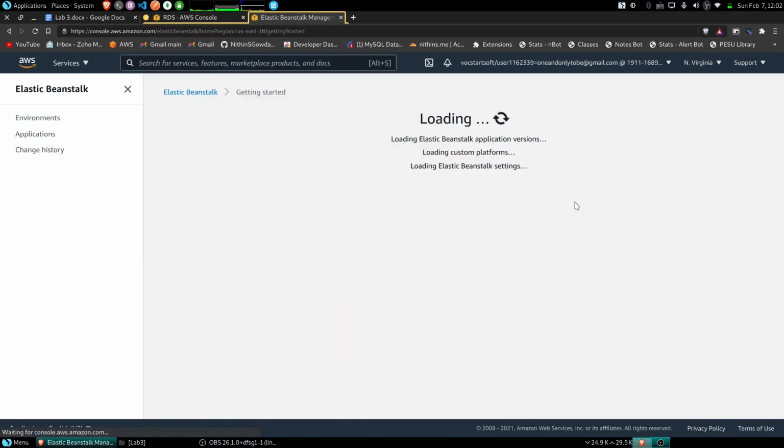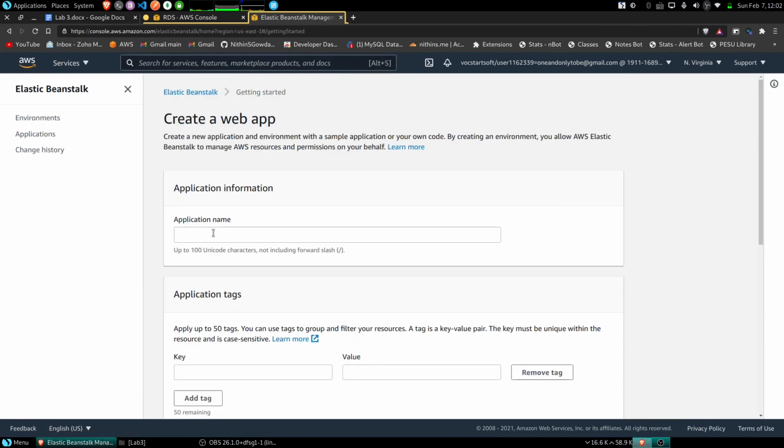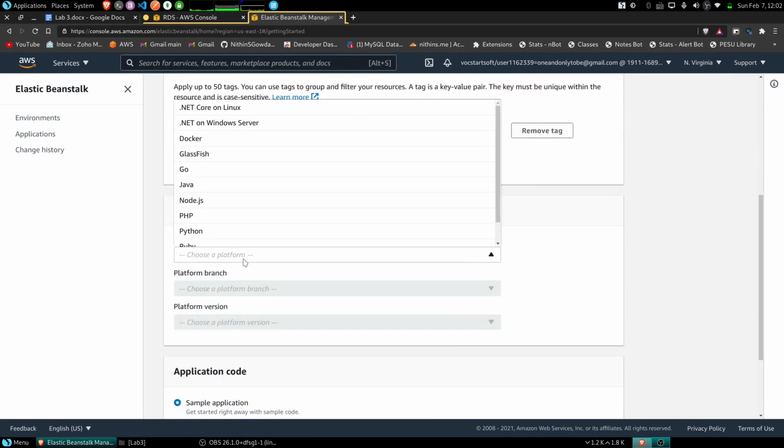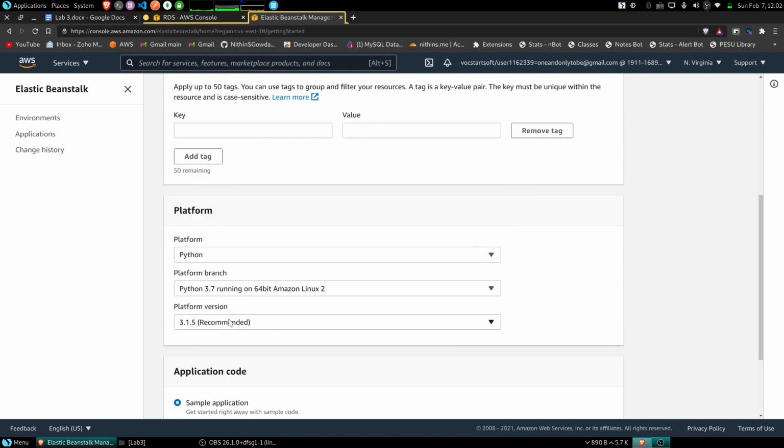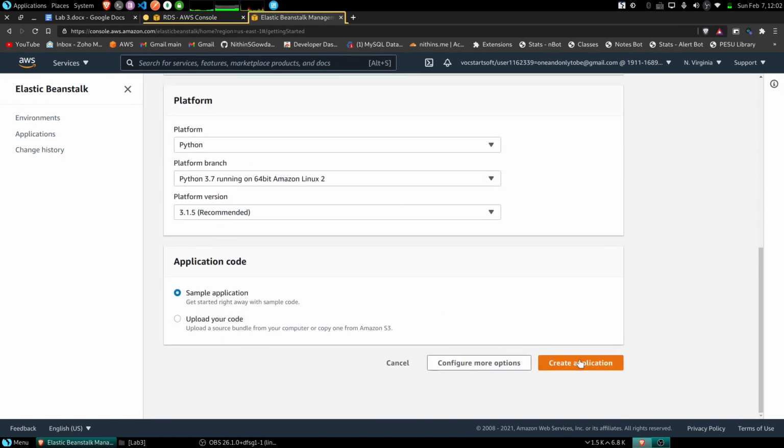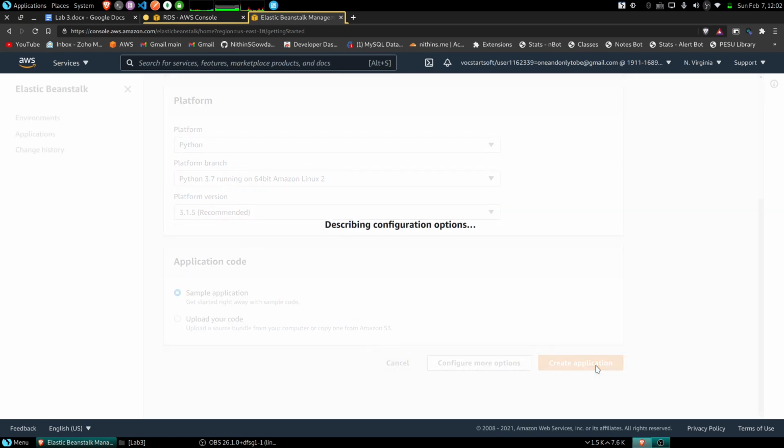Okay, so let me create an application here. Let my application name be my SRN and leave everything to default and choose the platform as Python. Let it be same and let it be sample application just to get a green health in our environment.